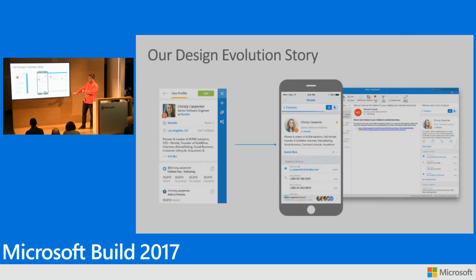So the next part of our story of the add-in is our design. On the right is what we had before we got to this program with mobile. It was a pretty clunky UI with a lot of controls and never really suited for touch interfaces. And then we had to move up to this new story, and we worked very closely with the Microsoft team to get